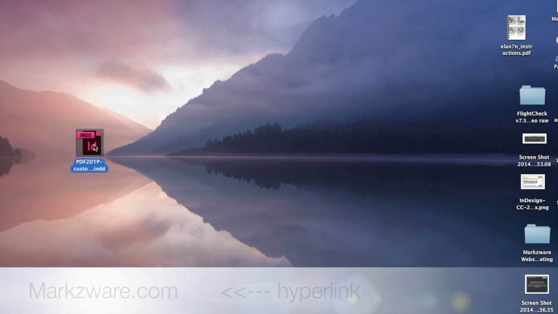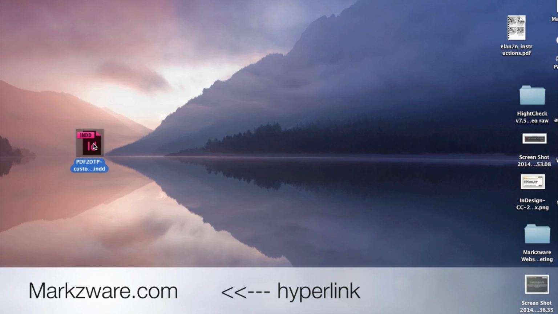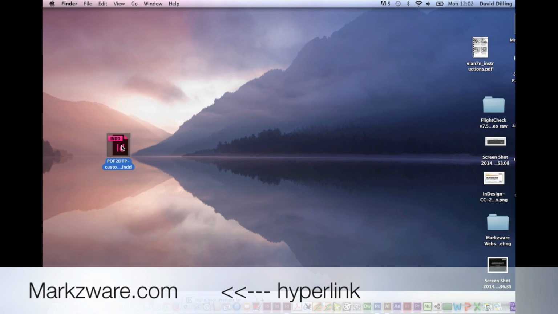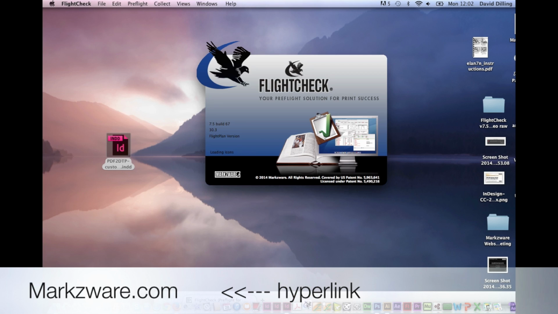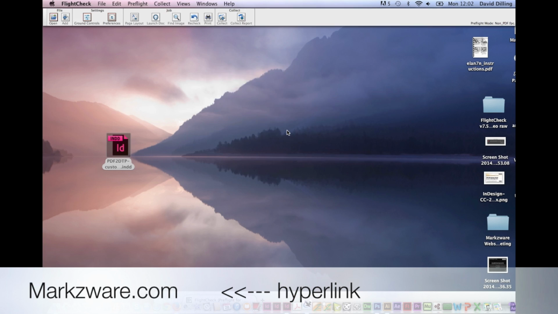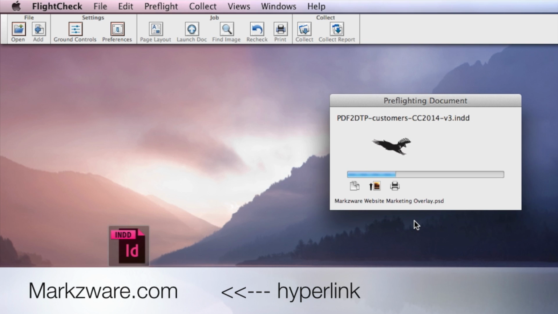Now to use FlightCheck, it's real easy. You don't even have to worry about setting up the ground controls to get started right away. The ground controls are at the heart of FlightCheck, where you set up what you want to check for. You just drag and drop your file onto the FlightCheck icon down in the dock, load the font database, and it'll start pre-flighting and checking deep within this file, looking at all used and unused